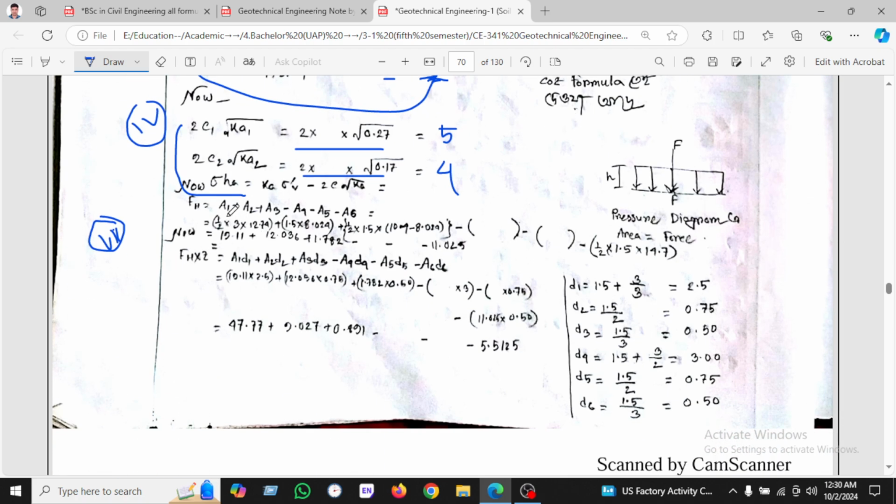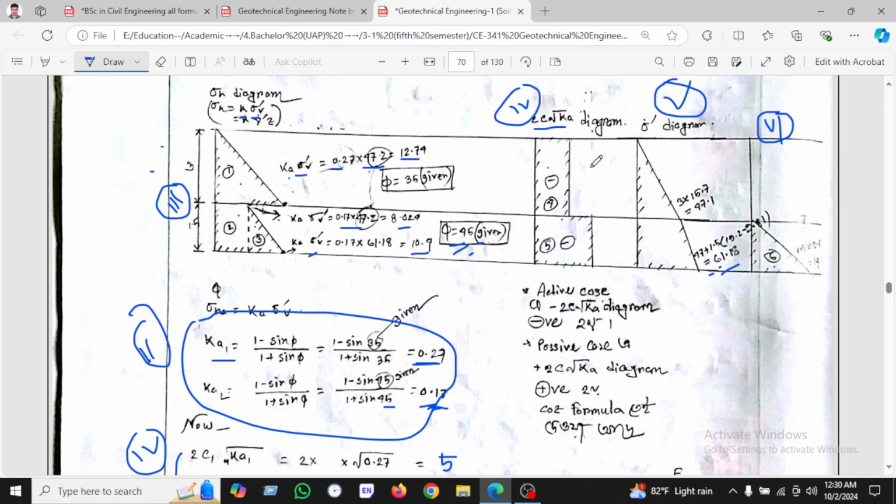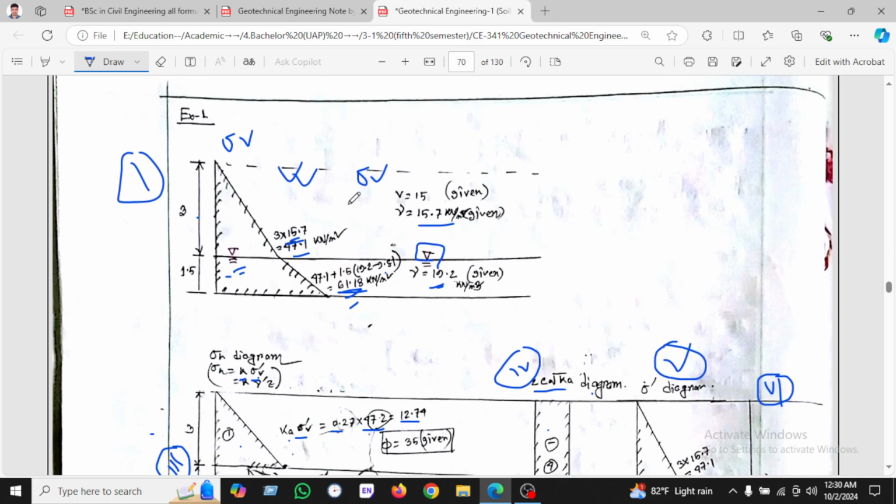So area 1, 2, 3 will be plus, and we will deduct, or minus, the crack portion, because it is the active case. Soil is thrusting to the wall. We have shown here